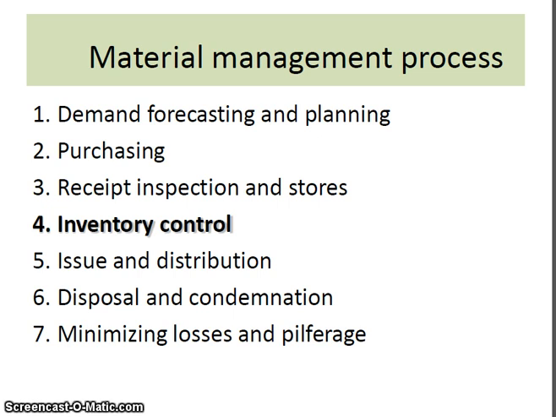Inventory control maintains a record of how much material has been received, what the existing material is, what the total material is, and how much is being supplied. For each item, the quantity available must be recorded by inventory control. Then the materials are issued to the departments and people based on the requirement, and that record has to be maintained. And for disposal, used material must be disposed of.